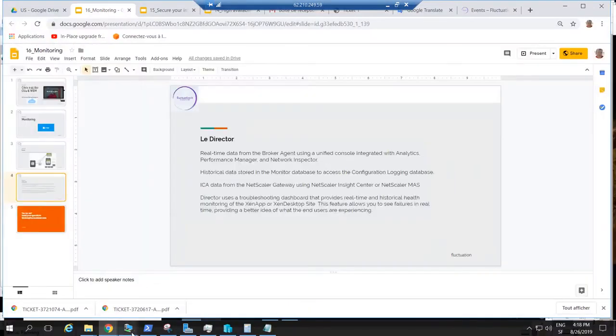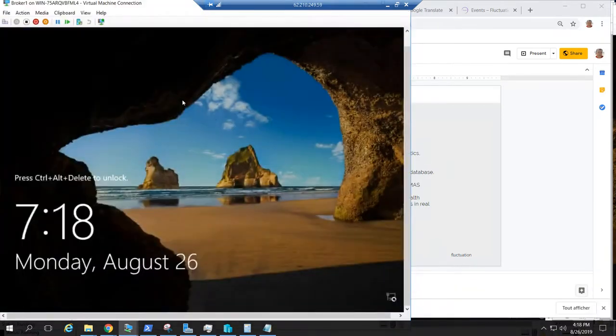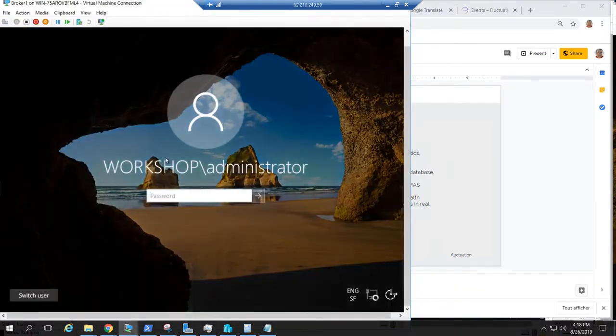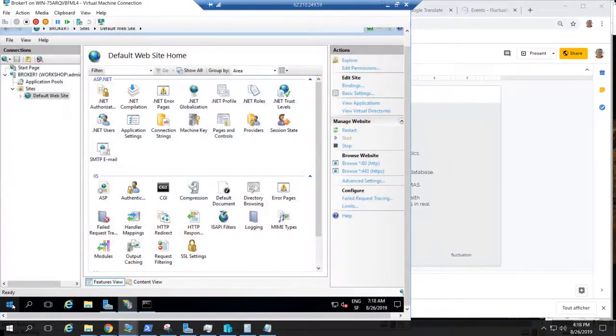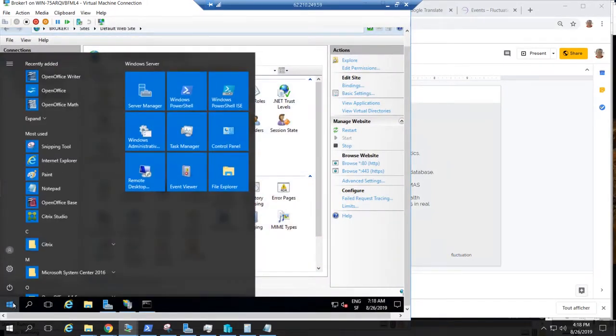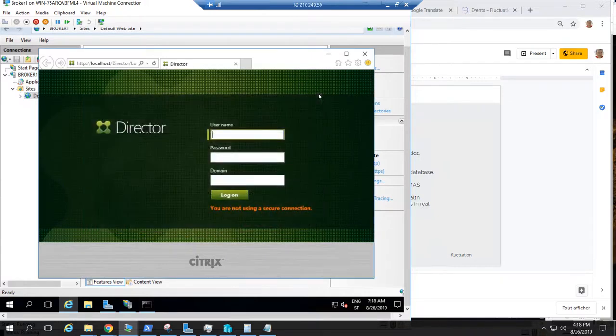So to connect to the Director, I connect where it's installed. Actually it's installed on my broker 1 and broker 2. So let's connect to the Director. I'm going to go on Citrix, and here is the Director. It's a web console. Actually, I'm not using HTTPS. It's not mandatory, but you can add a certificate if you want. So let's just connect, enter the password,